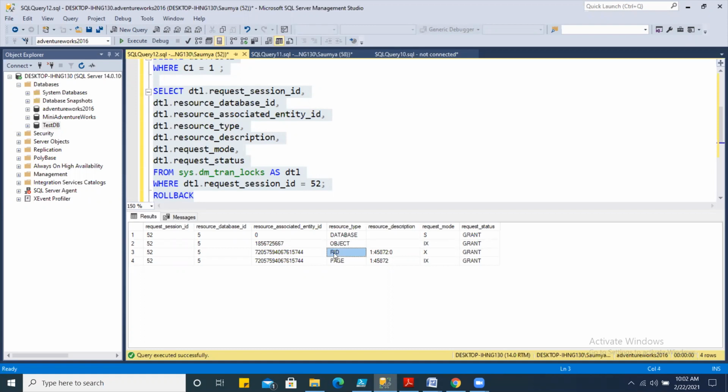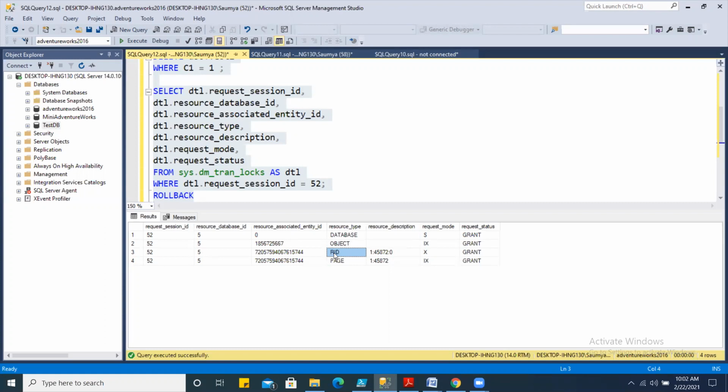We are performing delete on a single row, and I still don't have any index created on this table. That's why an exclusive lock was requested to perform the delete operation against that row, and that is represented here as RID as the resource, and the lock is exclusive since we have to perform the delete operation by this transaction.